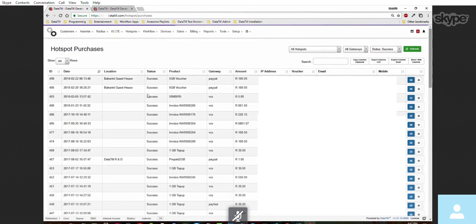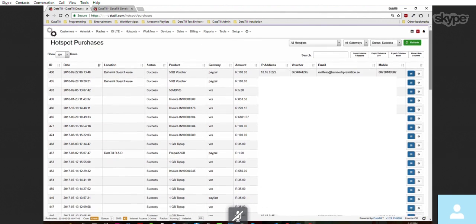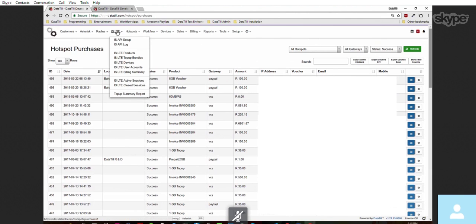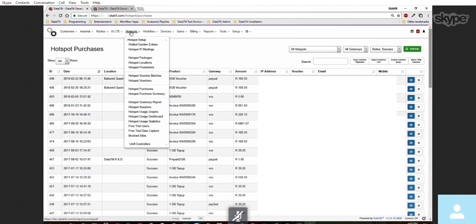Hotspot purchases. Here you'll see a report on how many hotspot vouchers and purchases were done, and how it was paid, which product it was, and the status of it, and email address, etc. Okay,